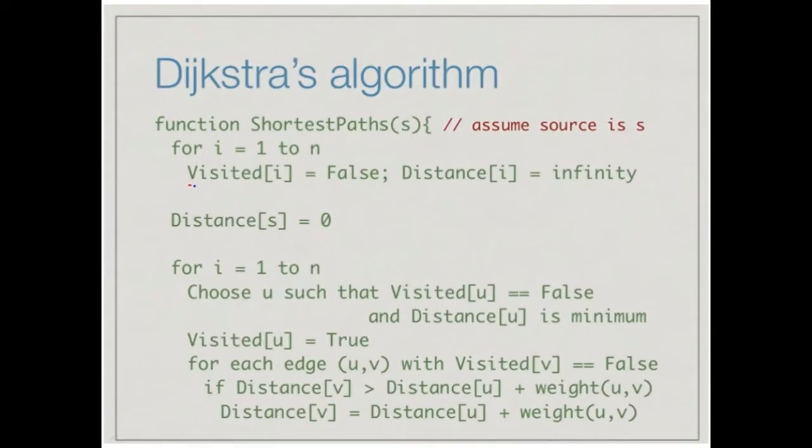This is the actual algorithm that you have to write in your exam if it comes, and you have to explain this particular algorithm. So shortest path will be initialized, and the function will be called with an argument source s. Source s will be the initial vertex from which you want to start calculating the cost. In the example that we have discussed, s will be equal to vertex 1. Okay, now for i from 1 to n, where n is the total number of nodes or vertices in the graph, so we'll traverse each and every node.